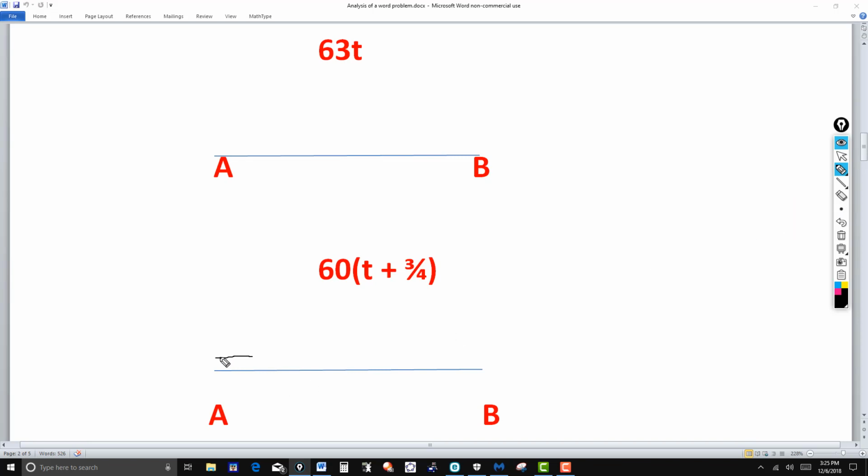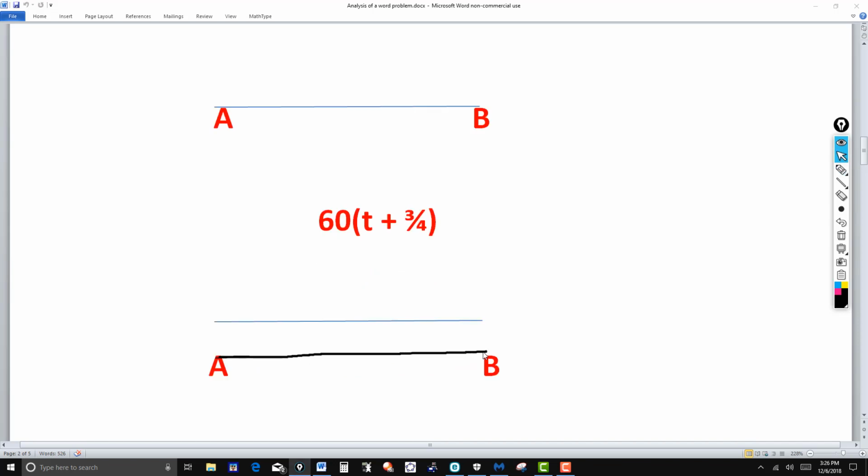Okay, so he's got a 45-minute, or 3/4 of an hour, head start, so he takes off. And then let's say right there at point B is the point where Bill catches up. Okay, so at that particular point, since we let t equal the time required for Bill to catch up,